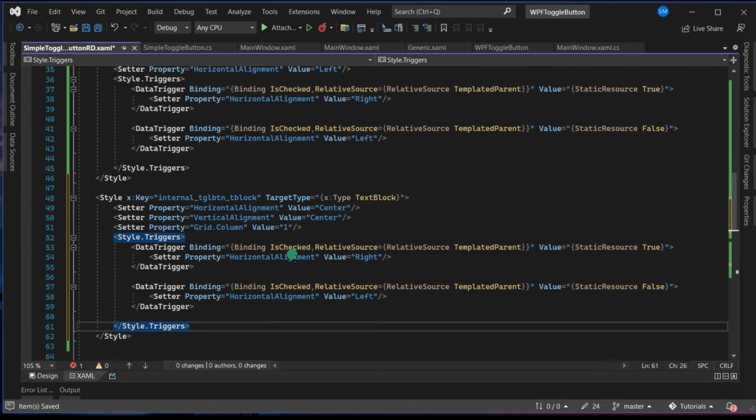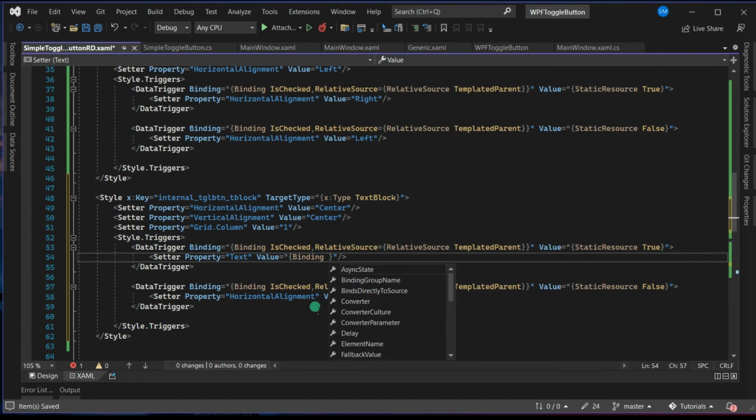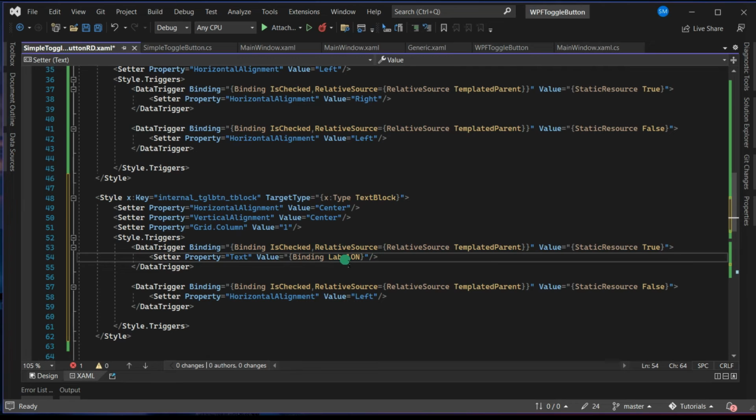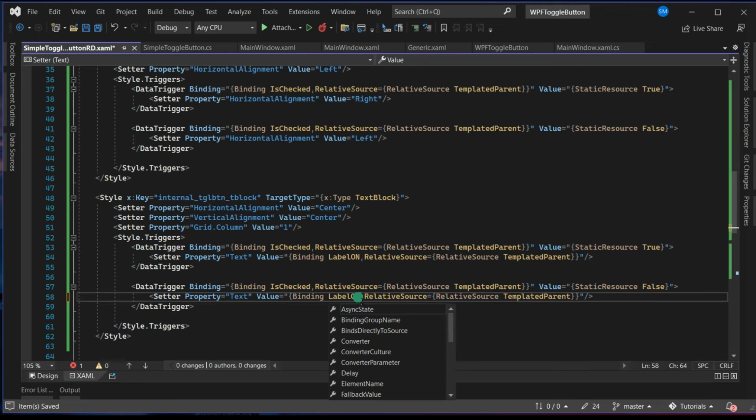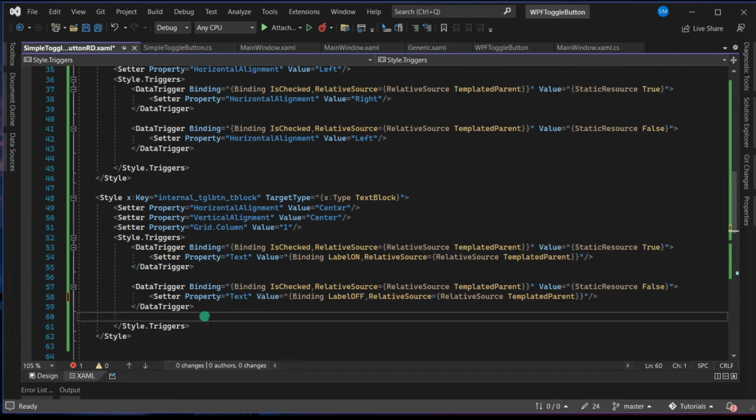if it is checked, if it is true, then we say text is equal to binding label on, that's what I believe, label on, label off, label on, which is coming from relative source TemplatedParent. Now let me copy this and paste here. Now this is going to be label off, and there is one more thing as well, which is your null